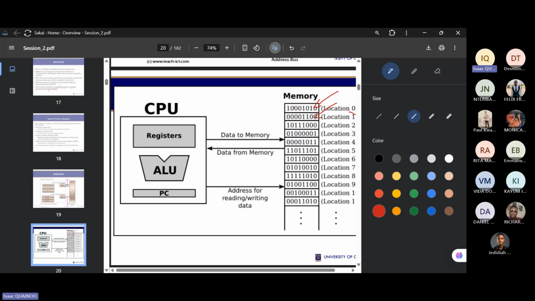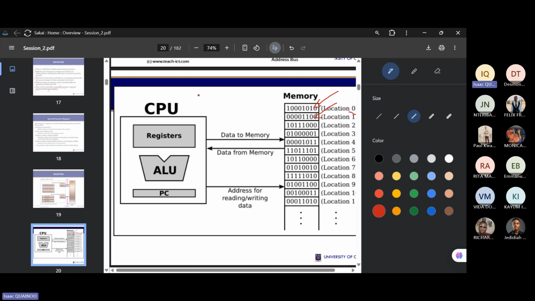Let us take note of this. There's a difference between instructions and data. Instructions are basically commands that are to be executed. They indicate a chain or a sequence of commands that are supposed to be executed and the manner in which they should be executed. For example, an instruction can be something like 2x